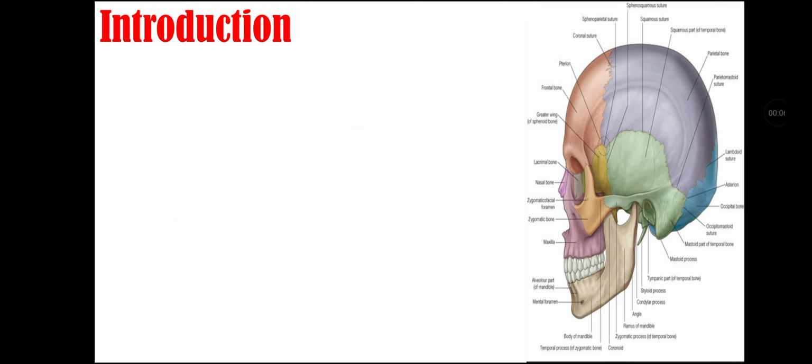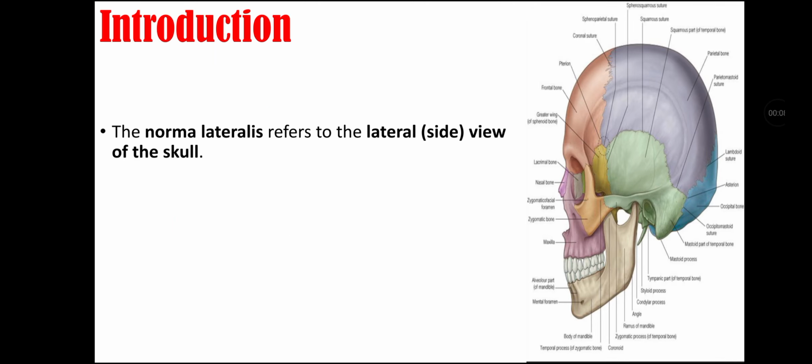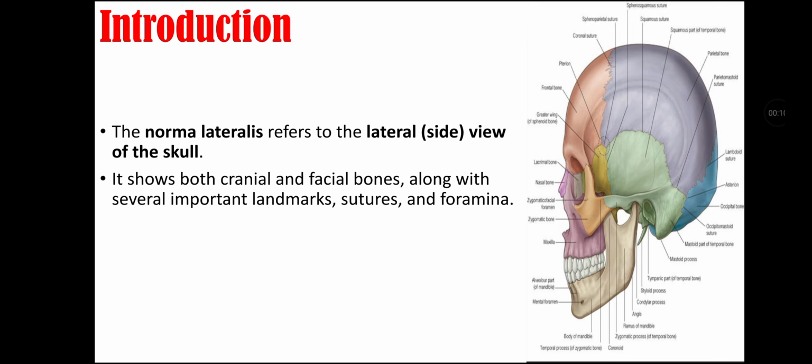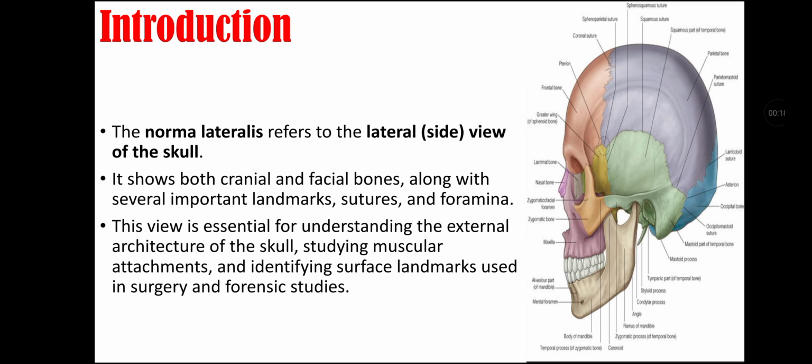So let's start the topic with introduction. Norma lateralis refers to the lateral view of the skull. It shows both cranial and facial bones along with several important landmarks, sutures and foramina. This view is essential for understanding the external architecture of the skull, studying muscular attachment and identifying surface landmarks used in